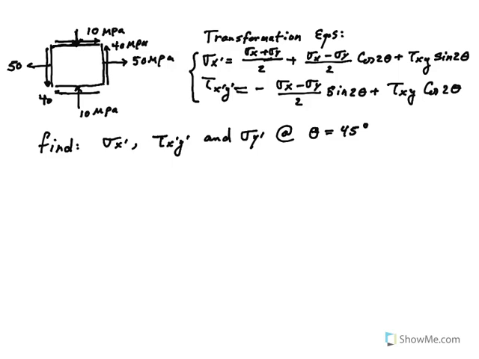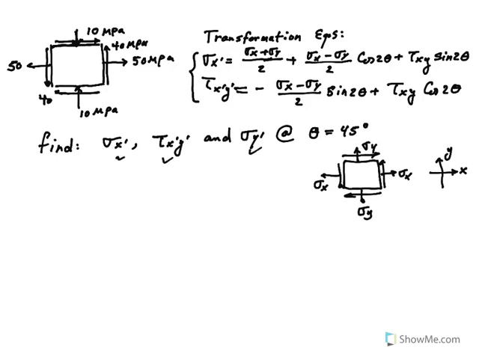So remember, if you have a stress element, our initial stress element is something like this, which is kind of what I have in this example. Of course, my directions are different for the sigma y, and this is your xy axis, right? So what happens if you look at a different plane? In this case, we want to find sigma x prime and tau x prime and sigma y prime